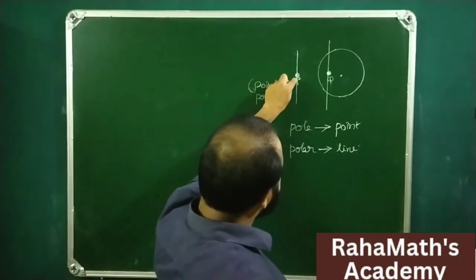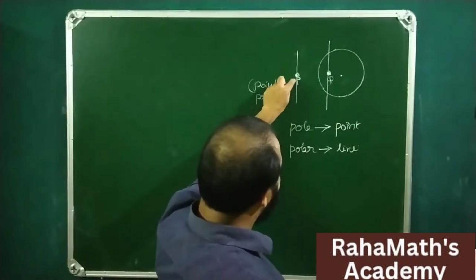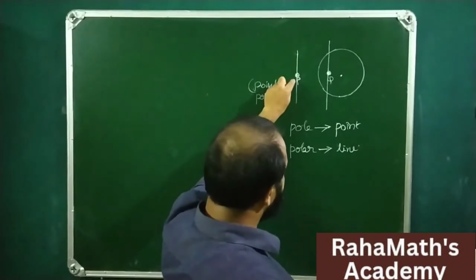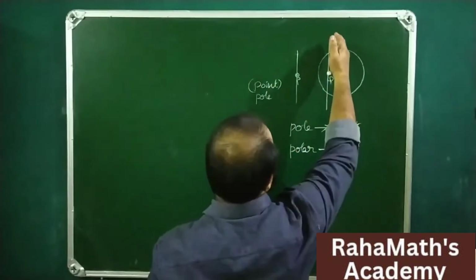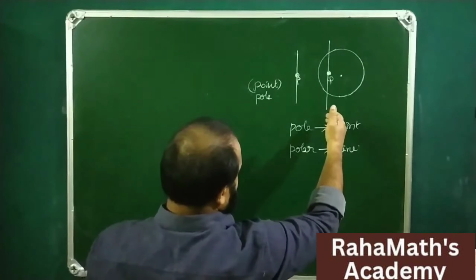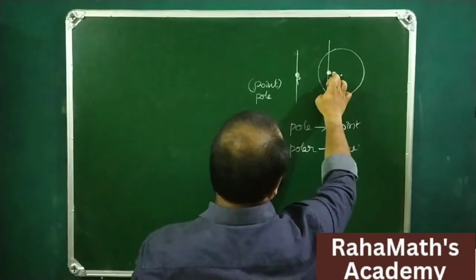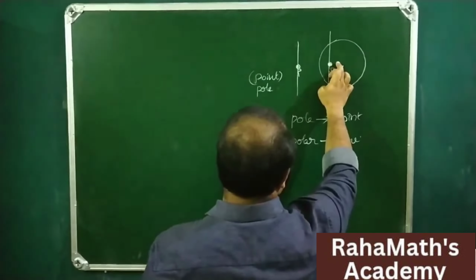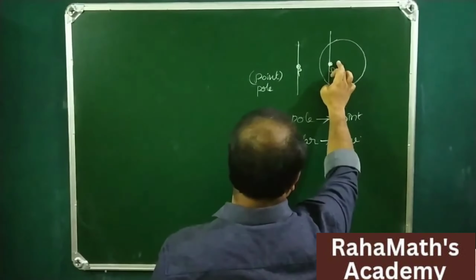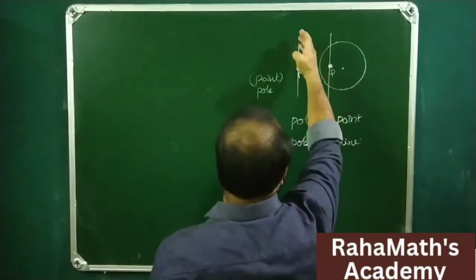Since it is a pole, it needs to have a polar. That polar is this line. And if Q lies inside the circle, the polar of Q lies outside the